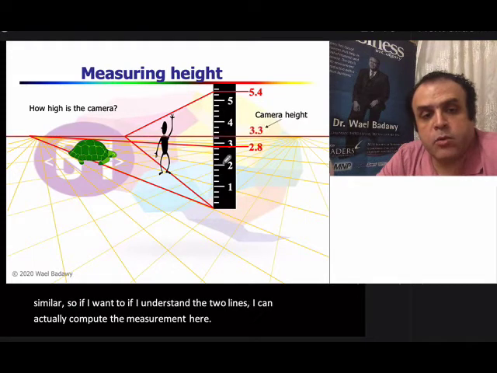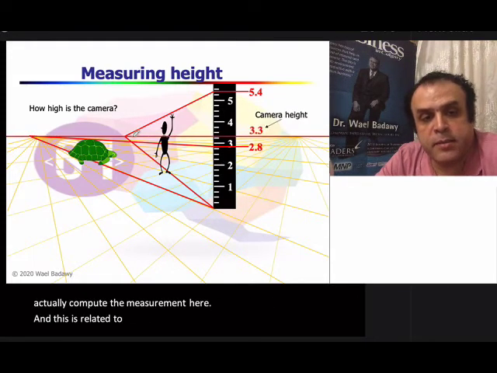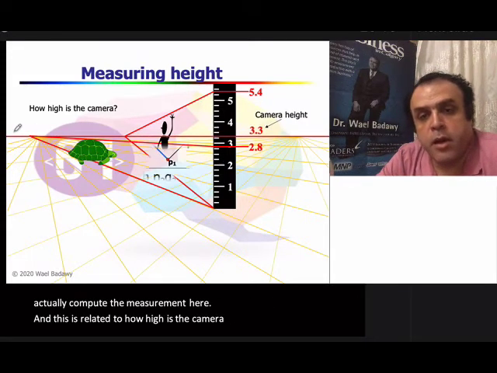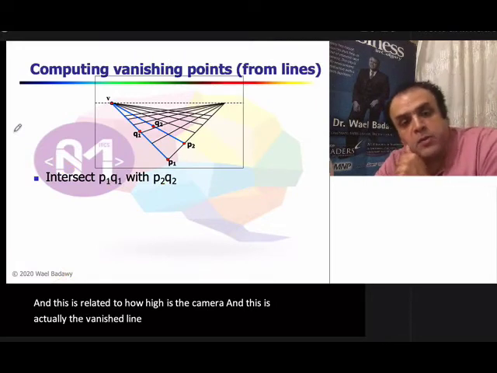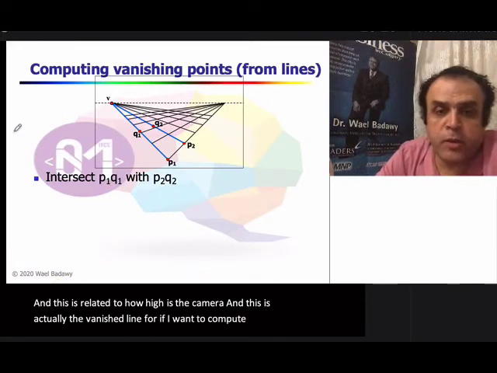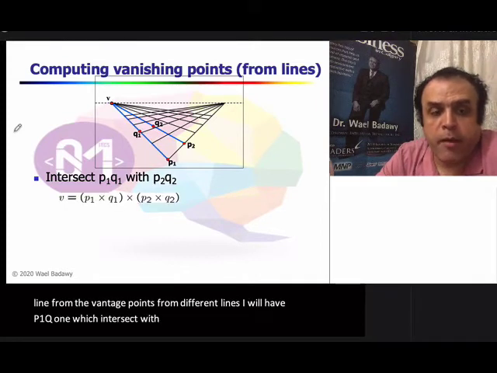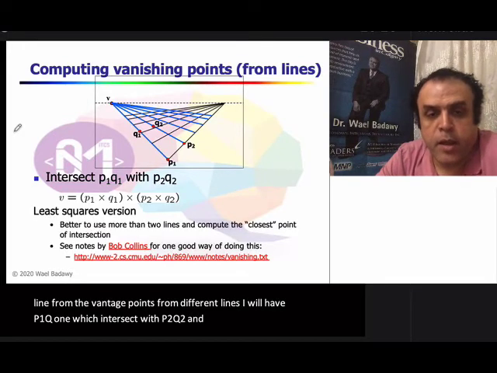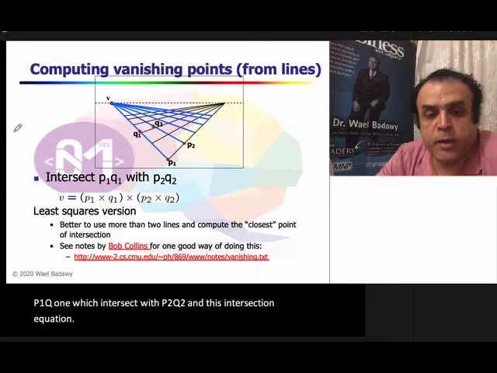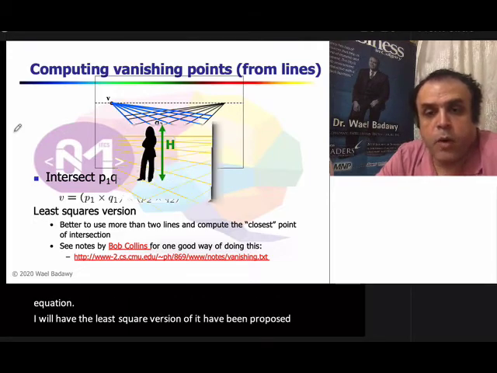And this is related to how high the camera is, and this is actually the vanishing line for both. If I want to compute the vanishing line from the vanishing points of different lines, I will have P1 Q1 which intersect with P2 Q2, and this is the intersection equation. I will have the least squares version of it being proposed by Bob Collins, where he will use